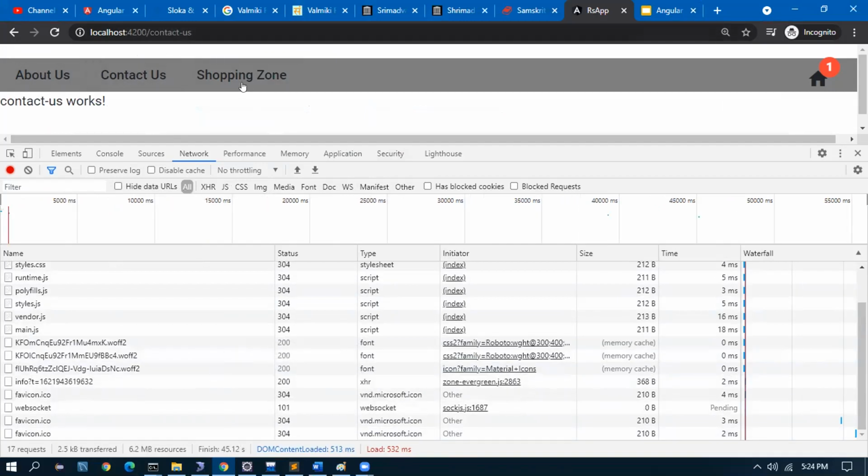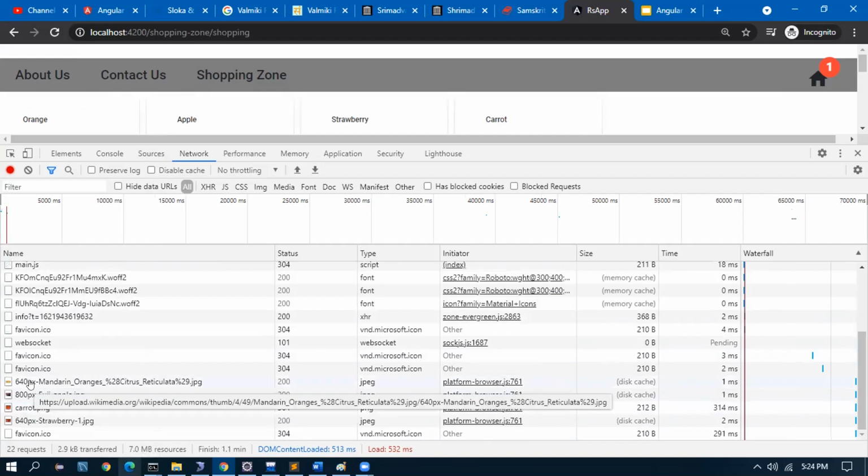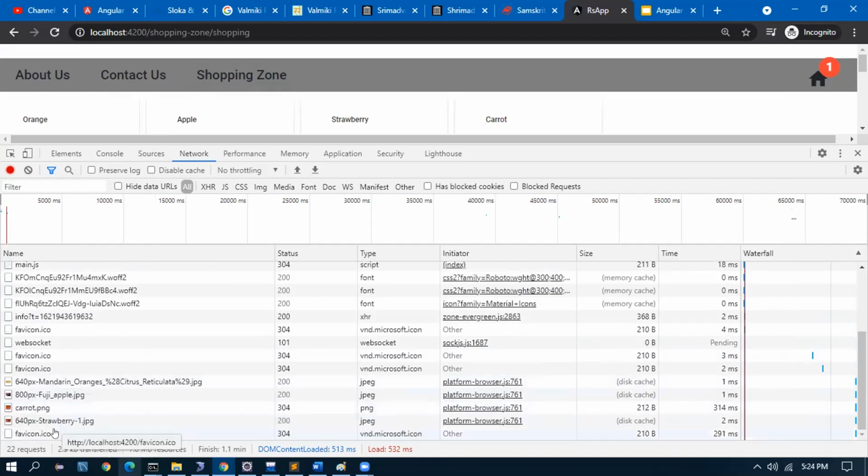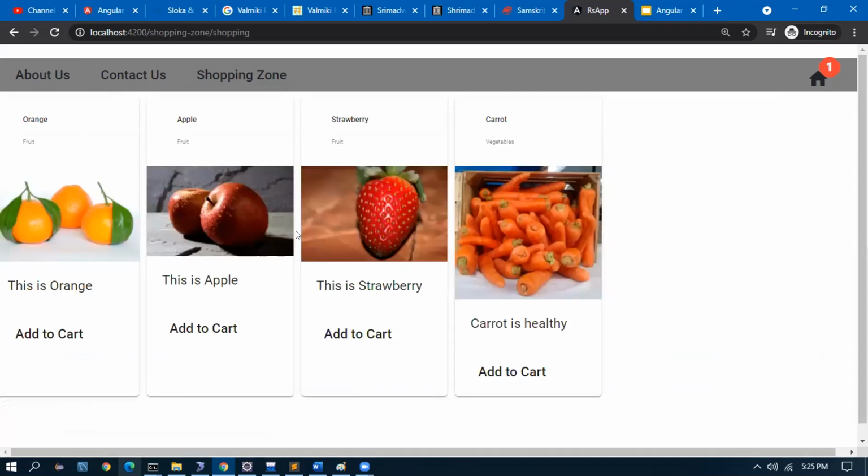When I hit the shopping zone, just see the bottom. It is 17 requests and 6.2 MB loaded so far. The last line is favicon.io. After that, when I click this, the call went and all these images came. It is 22 requests and 7 MB. This 1 MB of data was not loaded initially. Without modules, this 1 MB would be loaded initially itself.